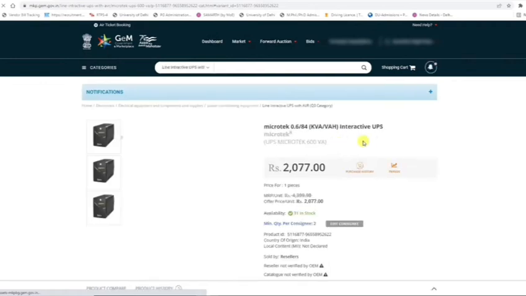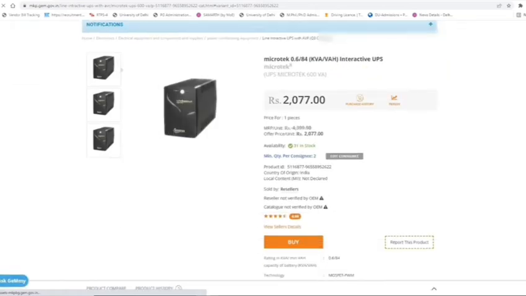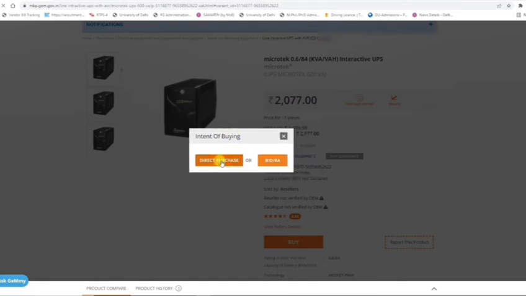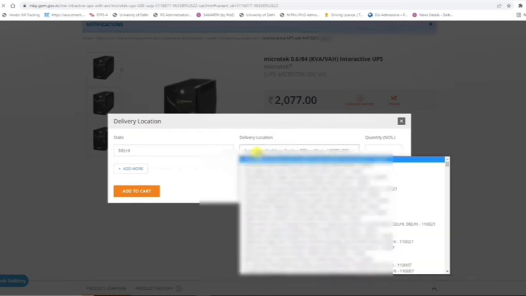After clicking on that, I can see the entire specification of the product. So I have to verify it, and if it is suitable, then I have to buy this product. I have to see all the technical specifications of the product, and after buy we have further options: direct purchase and bid slash RA. If the item cost is below 25,000, then we can go directly for direct purchase. Otherwise, if the item cost is more than 25,000, then we require different bids and the RA system. So we have to select direct purchase.